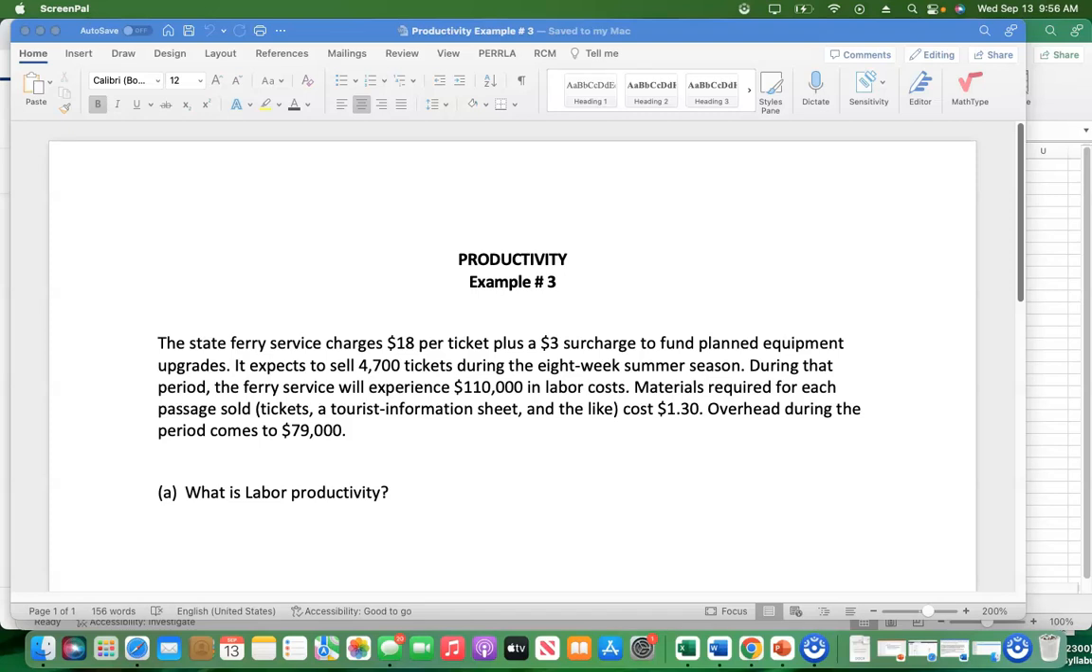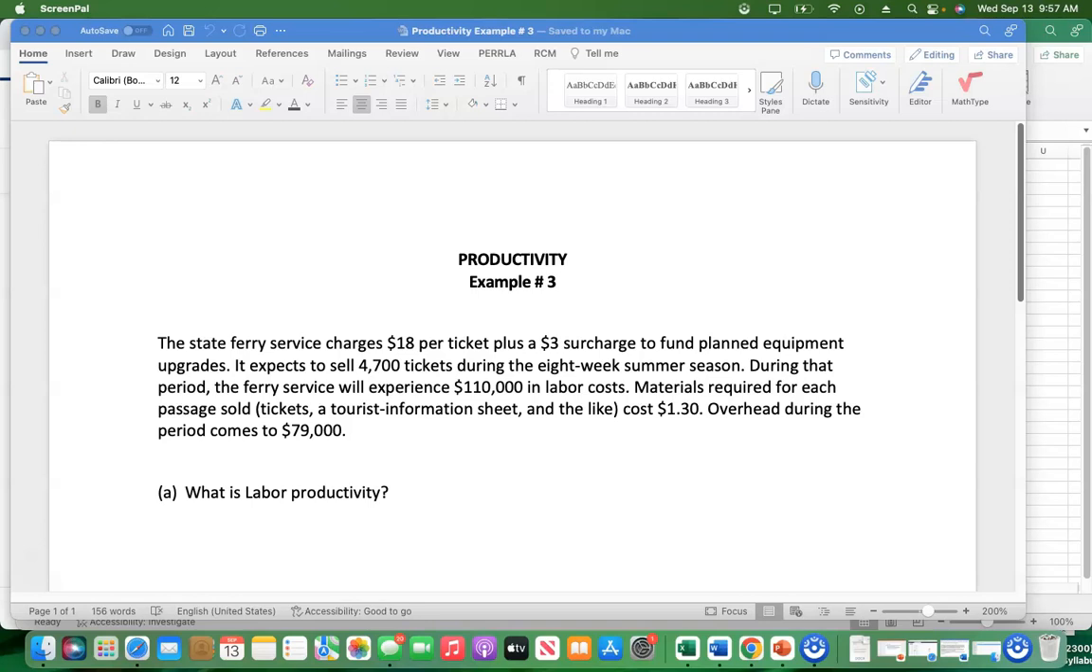So now let's look at example number 3. It says the State Ferry Service charges $18 per ticket plus a $3 surcharge to fund planned equipment upgrades. It expects to sell 4,700 tickets during the 8-week summer session, and during the period, the ferry service will experience $110,000 in labor costs. Materials required for each passage sold